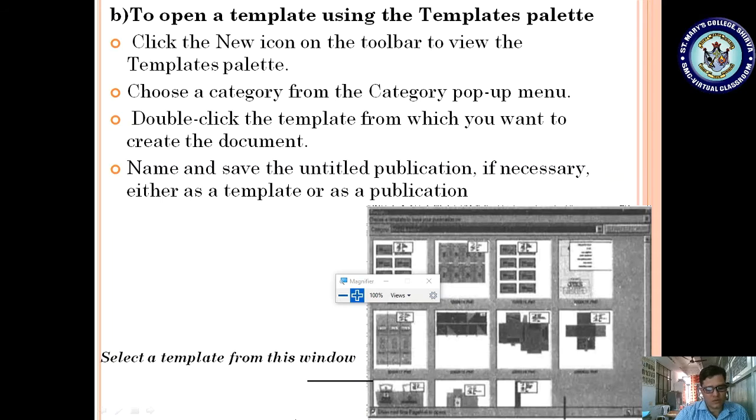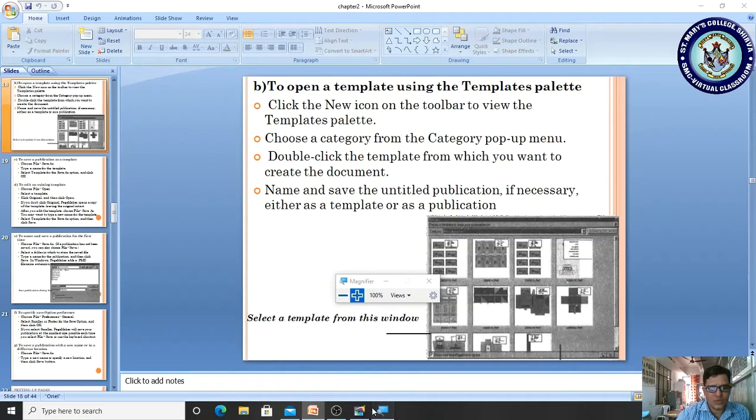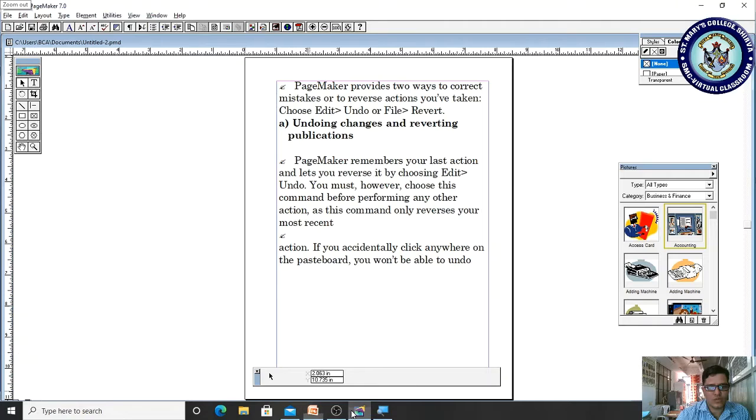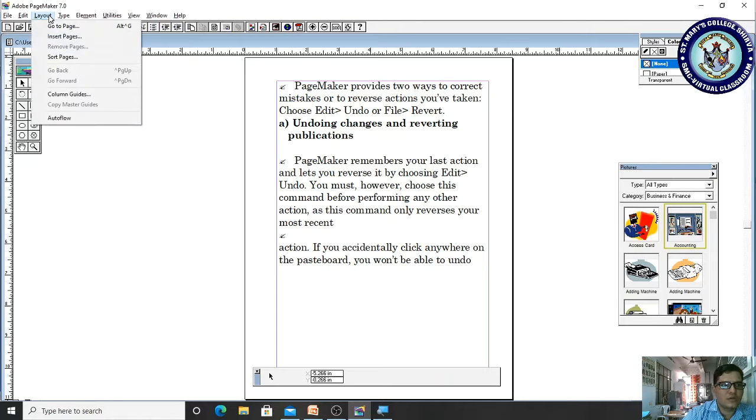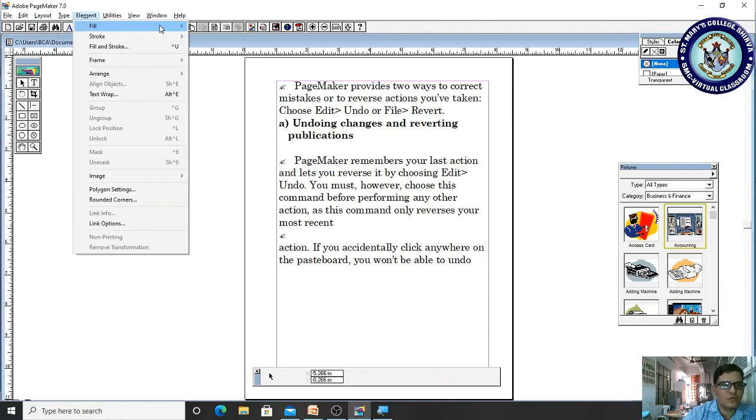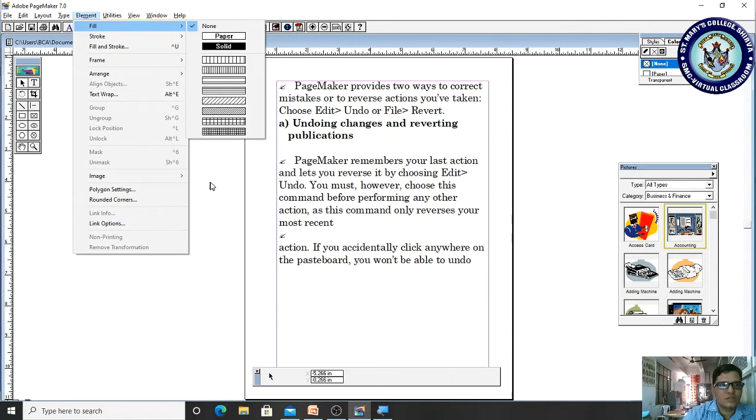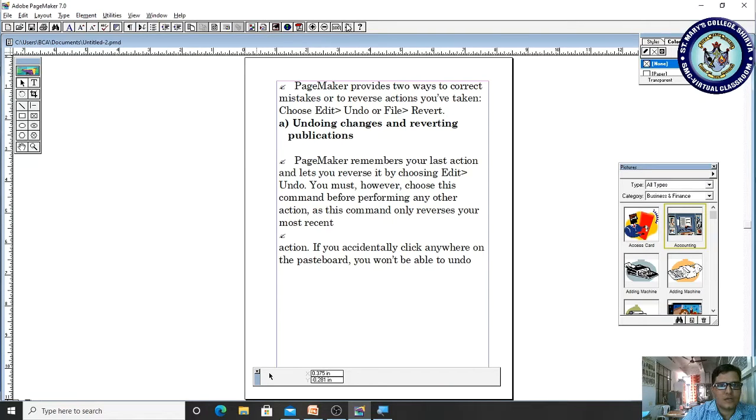Whether the new icon is there? No new icon is there. New here is only this new file, right? Here layout, no layout. Type, no, right? So we have to choose our appropriate